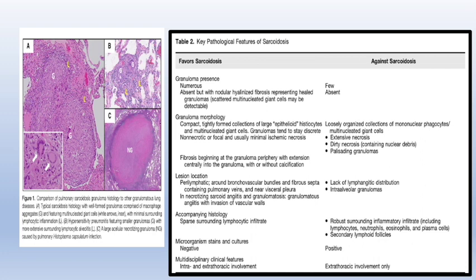So we must know as pulmonologists what are the typical features on a histopath so that we may go in favor or against sarcoid. So when we talk about granulomas, we know that these are non-caseating. So something that will favor sarcoid is presence of numerous compact granulomas. Also, sometimes you may not have typical granulomas, but you may have healed granulomas. So you may have scattered multinucleate giant cells in hyalinized fibrosis.